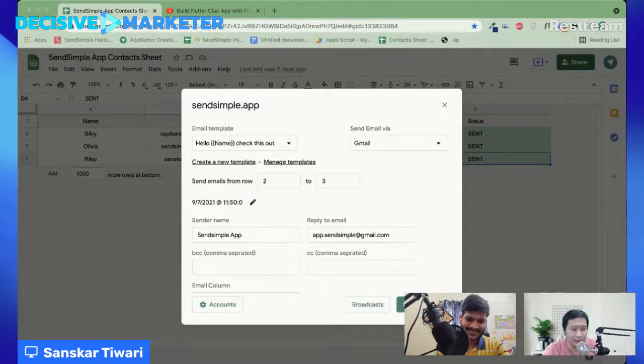Because some of our community members here have a limited budget, sometimes when we spend a little too much on LTDs. Correct. With SendSimple, the credits are a little more limited.